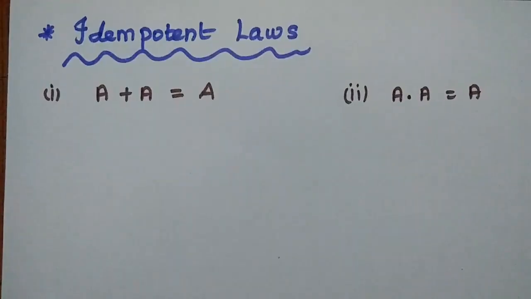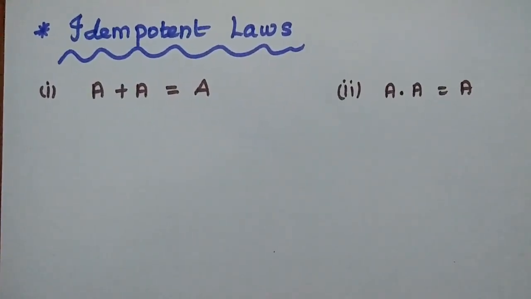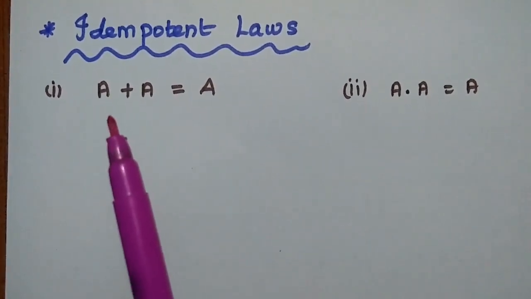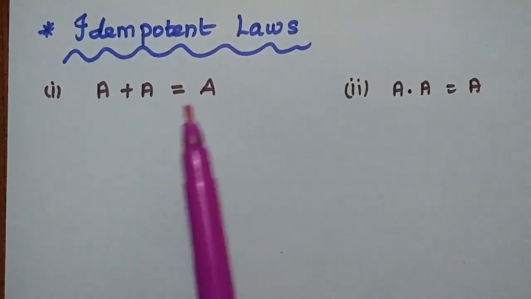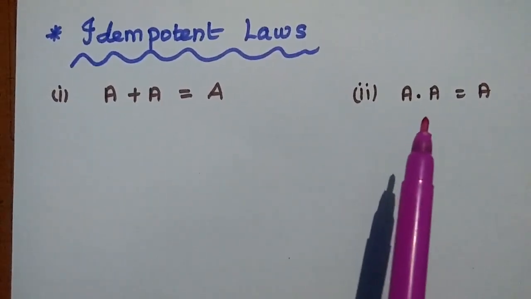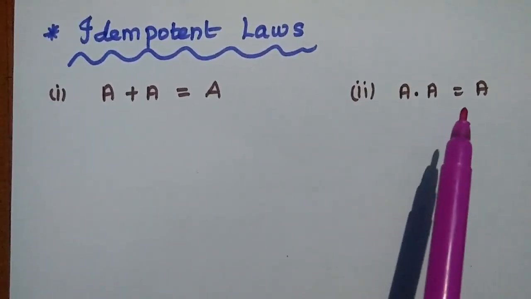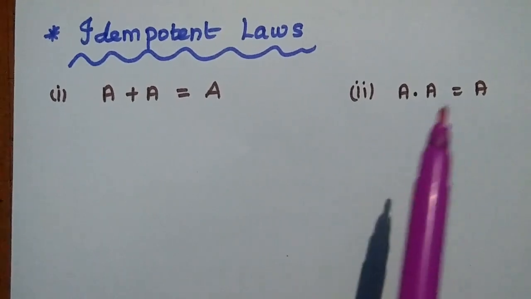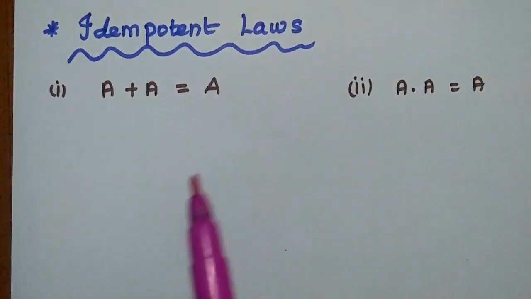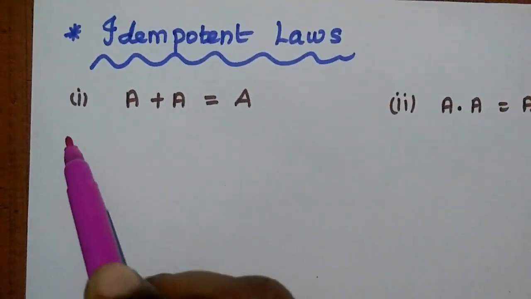Okay. So next one is the idempotent law. In this idempotent law, the first expression is A plus A is equal to A. The second expression is A dot A is equal to A itself. So now we are going to prove these two laws. In this first one, the proof,